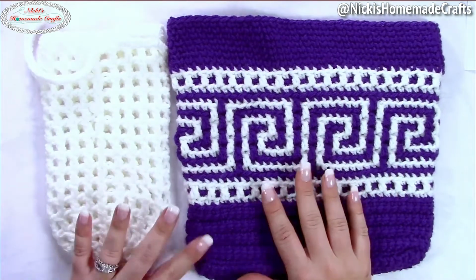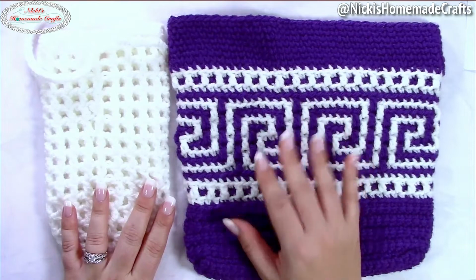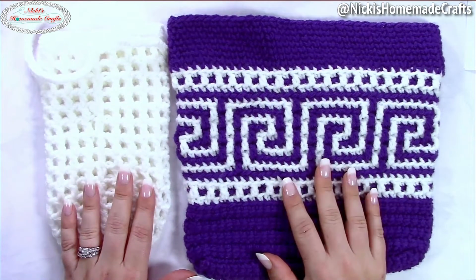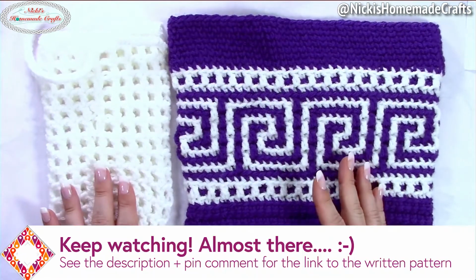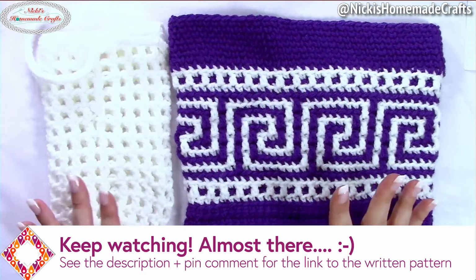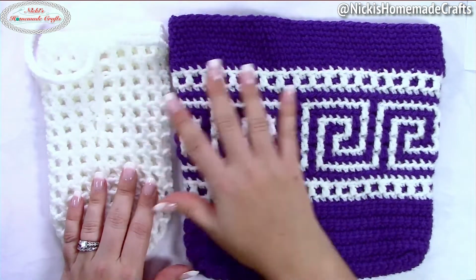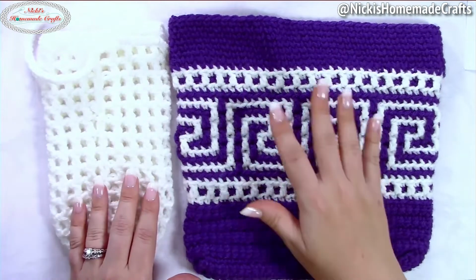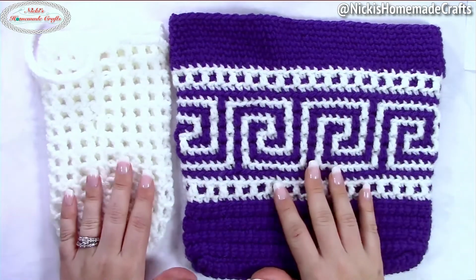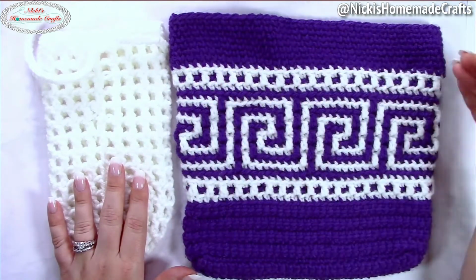Obviously, you can see that it was much easier to guess what the main project is. However, I wanted to focus more on the surprises of the different techniques. I wanted to guide you through all the techniques that we kind of talked about all year long. Every month I have a different mystery crochet along, as you probably know if you have attended all of them. So in every single one, we have kind of a different technique. Sometimes I focus more on the project. So for example, we had a hat mystery crochet along, but most of the time we focused on techniques. So filet crochet, mosaic, knit look, linked crochet, thermal crochet, corner to corner, but there's so many more different techniques. I just wanted to summarize some of my favorite ones